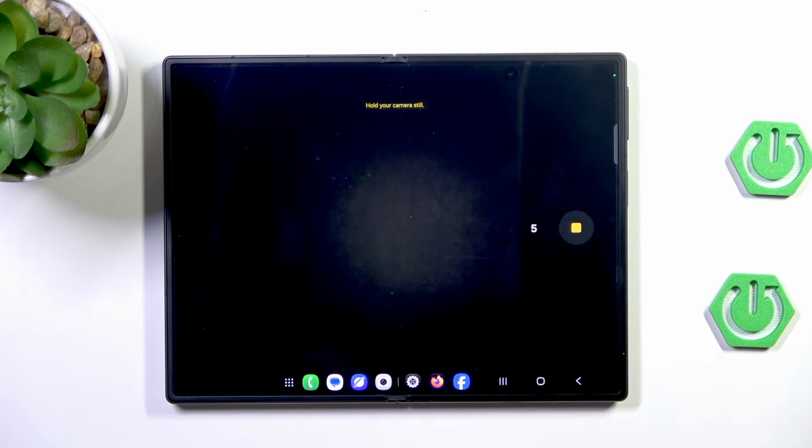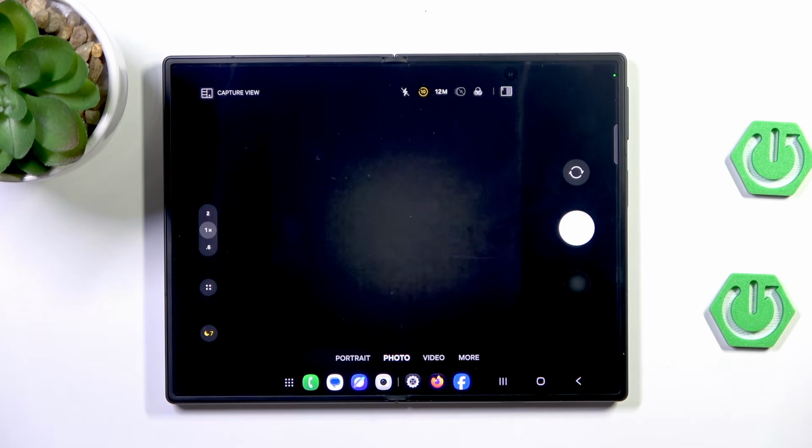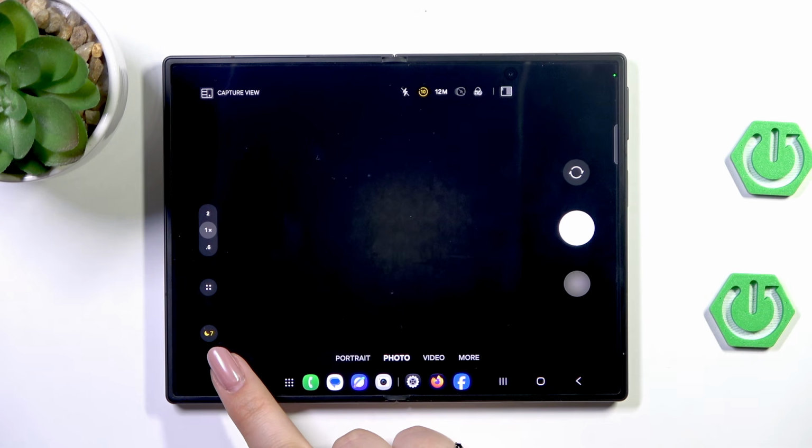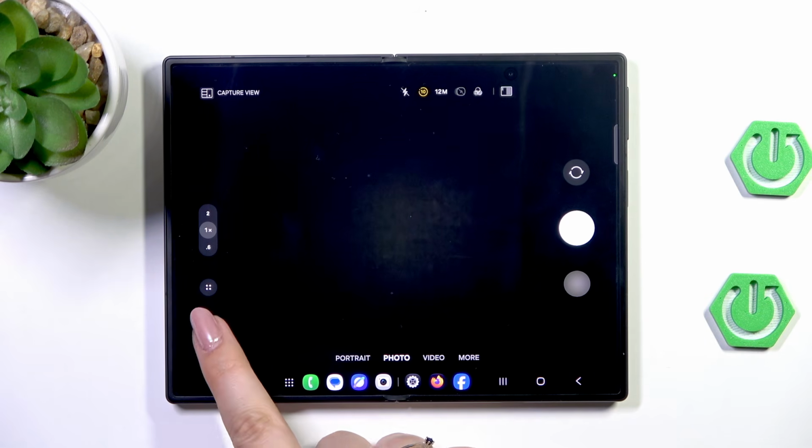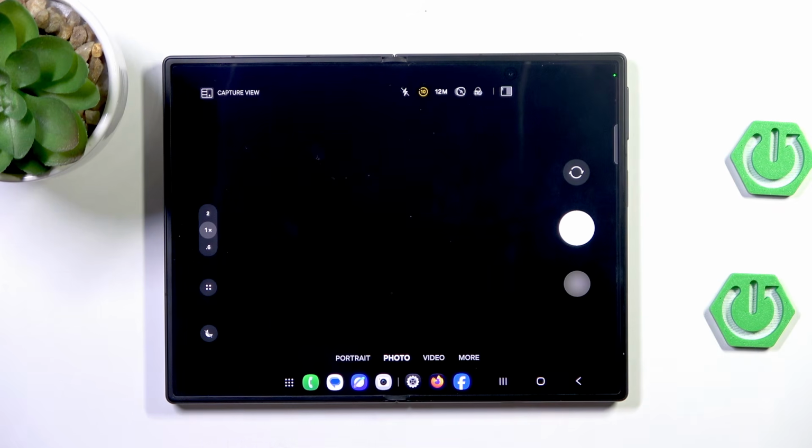So as you can see, here we've got an additional timer which is connected with the night light that was automatically turned on. So I will also show you how to turn it off if you don't want to use it. Obviously, it is because of the lighting conditions around the camera, around the sensor, so it decided that the night mode needs to be turned on. However, it's basically right here. If you can find this moon icon, just tap on it and tap on off, and you will remove the